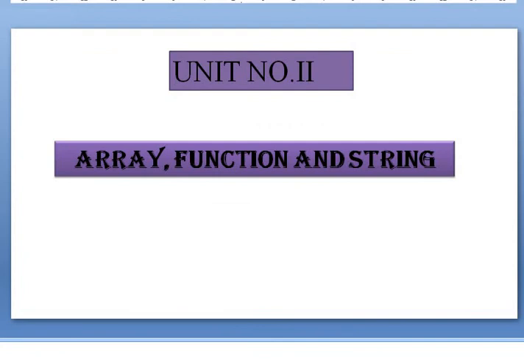In that, array and function are already completed and string is remaining. In that string point, we discussed in a previous lecture converting string to number and number to string by using parseInt, parseFloat and the toString method. The parseInt method parses or converts a string and returns a whole number. The parseFloat method converts a string and returns a number.